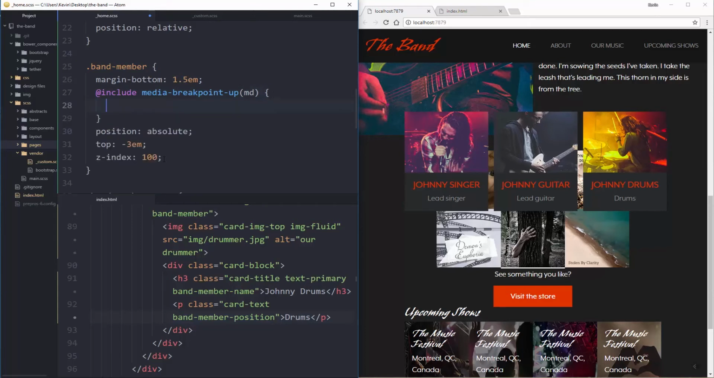There we go. Okay. And I'm going to move all of this into there. So what I was saying, media breakpoint up. So from the medium screen size and up, I am getting this. So this is exactly the same thing as doing at media and then your screen size,